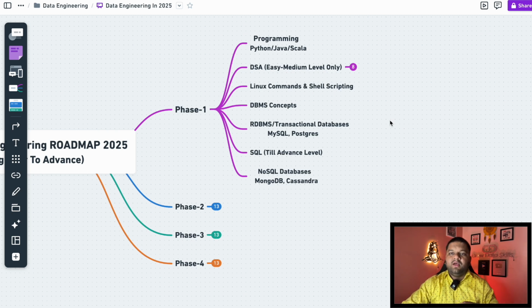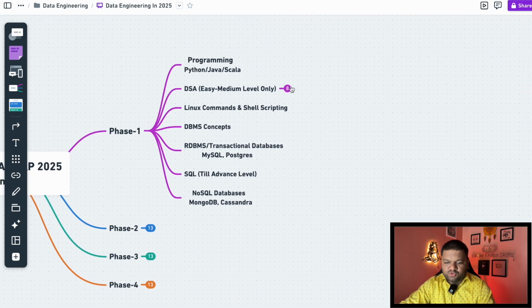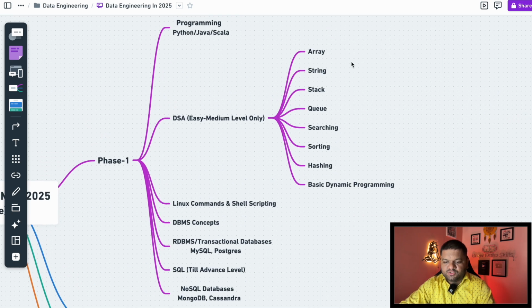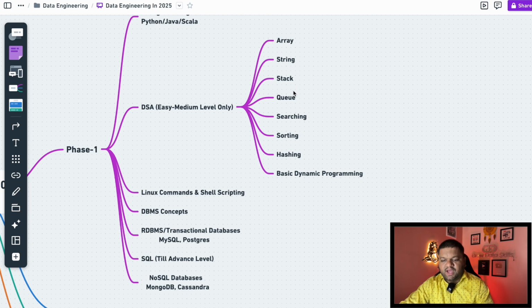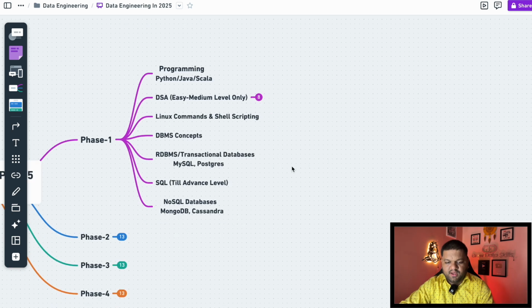You don't need to be a competitive programmer or practice questions around heap or graph and difficult tree type of questions. No, easy to medium level, any platform you can pick and get started with that one. Improve your problem solving, and you can focus on topics like array, string, stack, queue, searching, sorting, hashing, basics of dynamic programming. So this is what you need to cover in the DSA part.